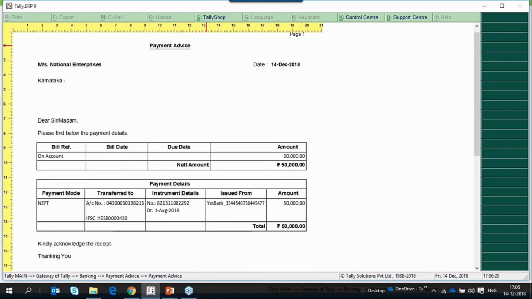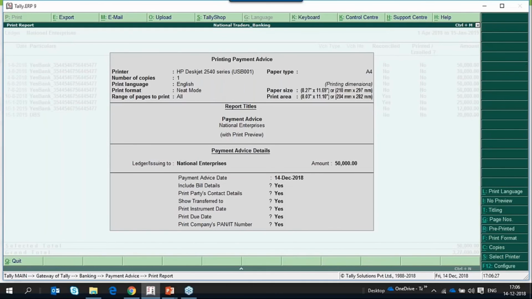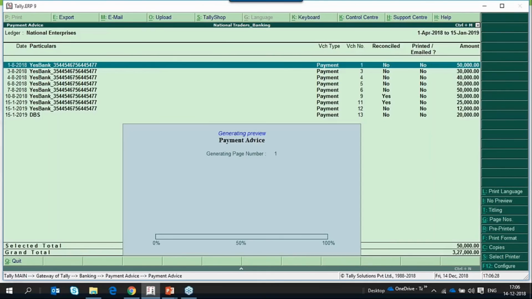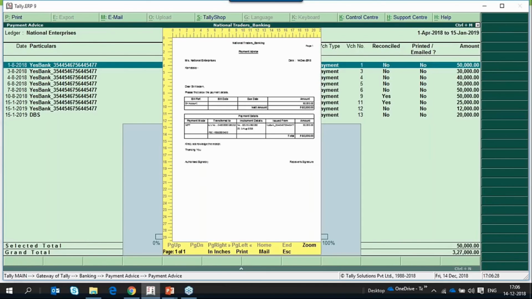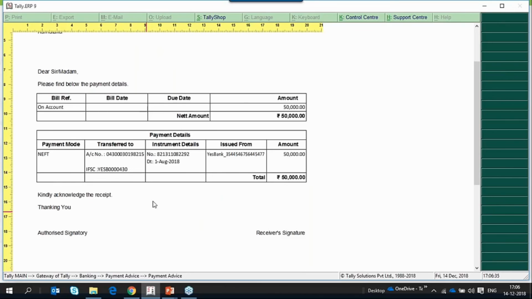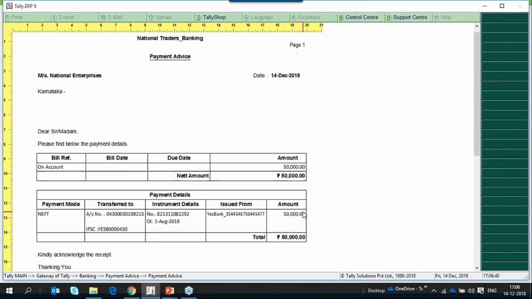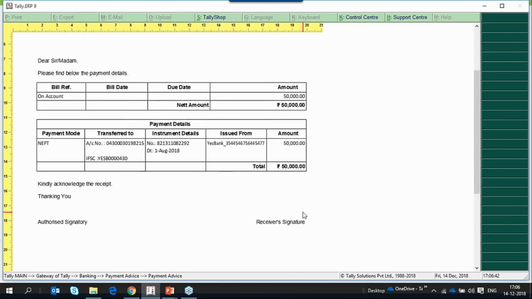When you select with Spacebar any transaction and press Alt+P, payment advice. This is a covering letter for businesses to show as acknowledgement of the payment or receipt received by them.